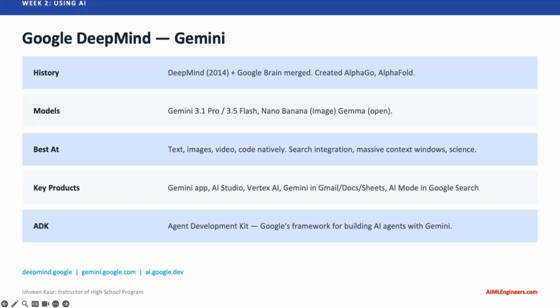One of Gemini's strengths is its multimodal abilities. It can create text, images, and video, and if you remember a few videos ago, we used Gemini to create a video. It's also integrated with almost every search bar like we talked about before, and it has a pretty massive context window. Some models from Google include Gemini 3.1 Pro, 3.5 Flash, they have Nano Banana for image generation,